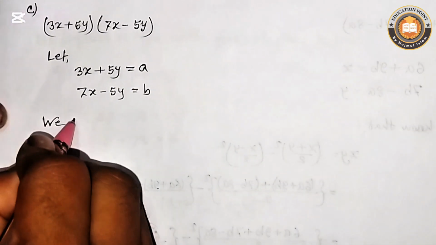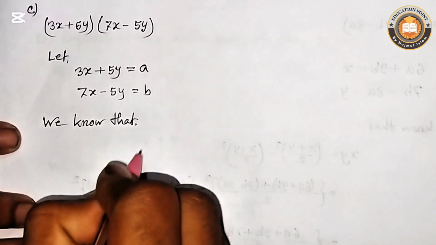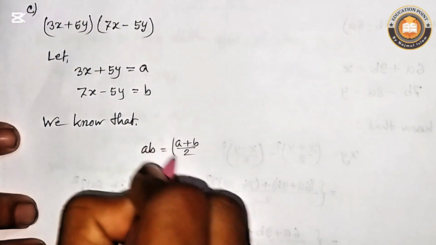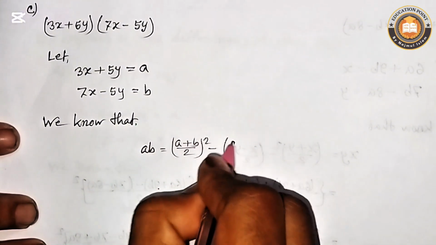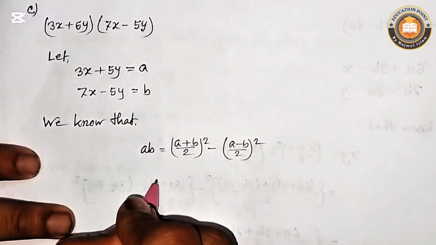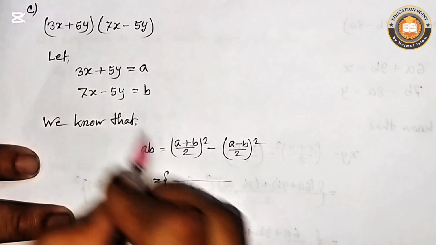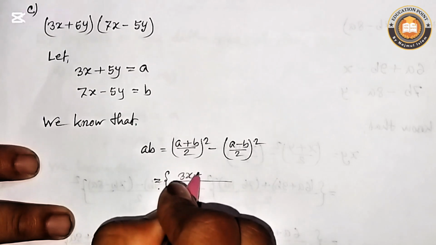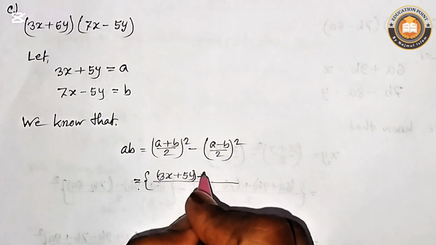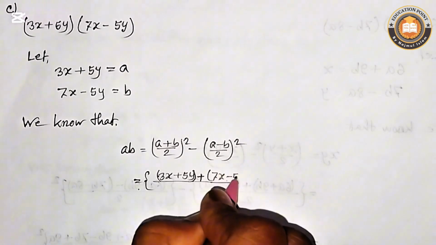We know that ab equal (a plus b by 2) whole square minus (a minus b by 2) whole square. Value of a is 3x plus 5y plus value of b is 7x minus 5y,